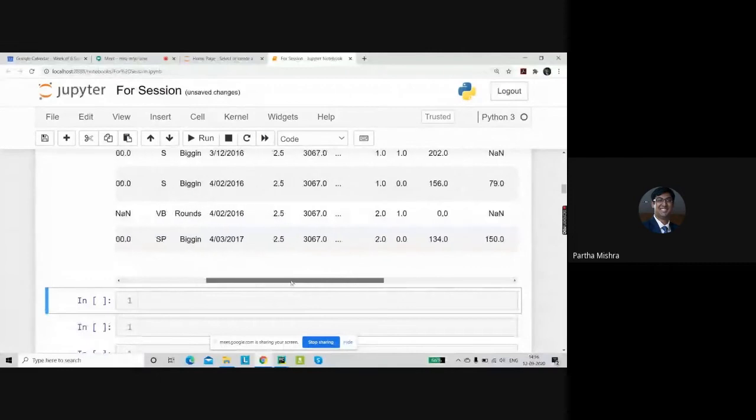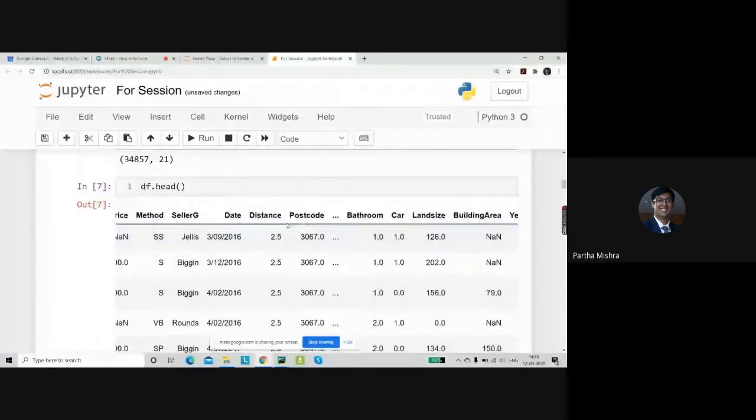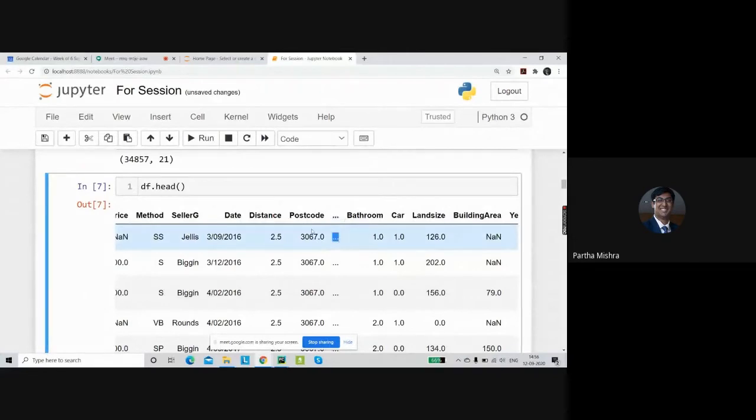Okay, but when we scroll through, we are able to see this dot dot dot notation. This is happening because we have 21 columns, and Python by default, most of the packages that are written, want to optimize the memory usage. Here, because there are 21 columns, not all the columns are shown to us.